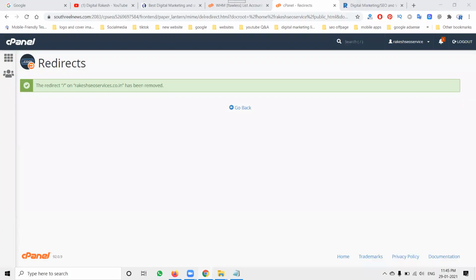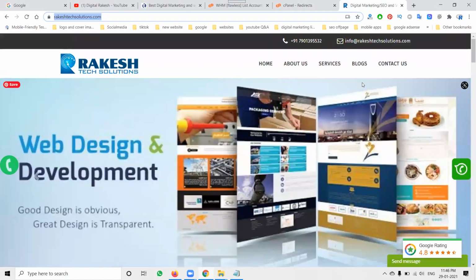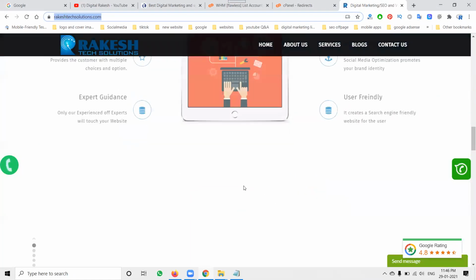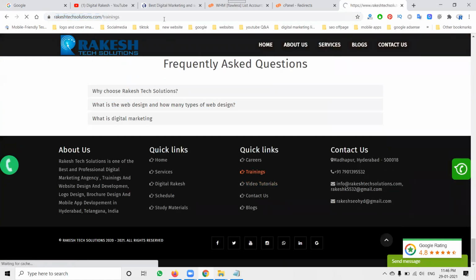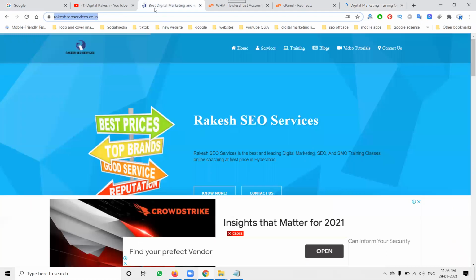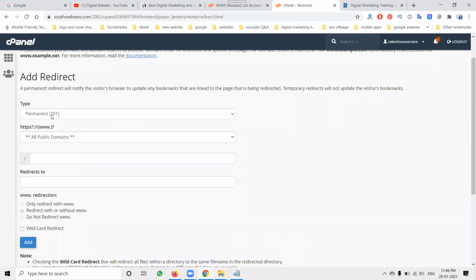Is it clear? These are the compulsory important points. Suppose I want this website to open a particular page, for example the training page. In cPanel, first select permanent or temporary. Select temporary.